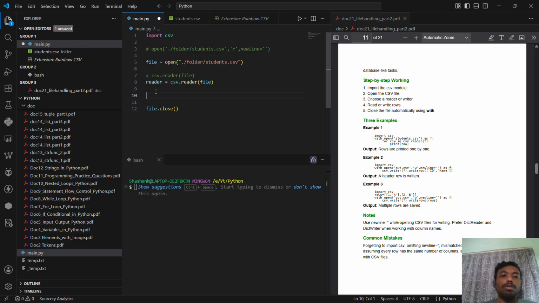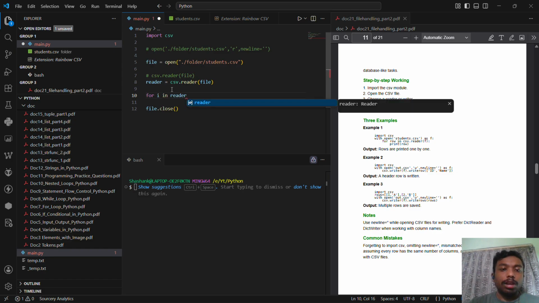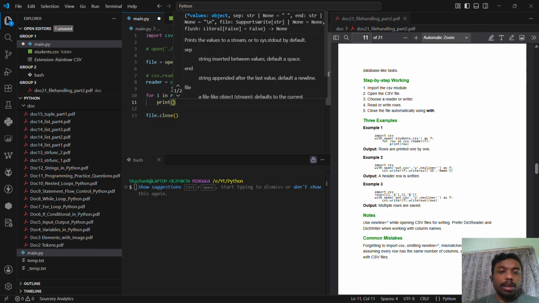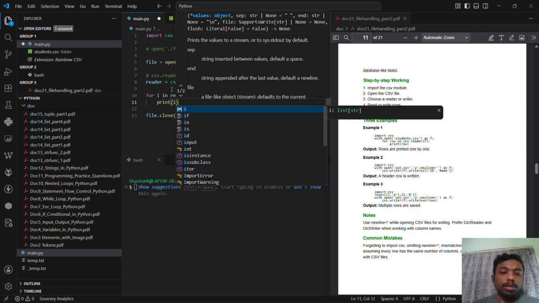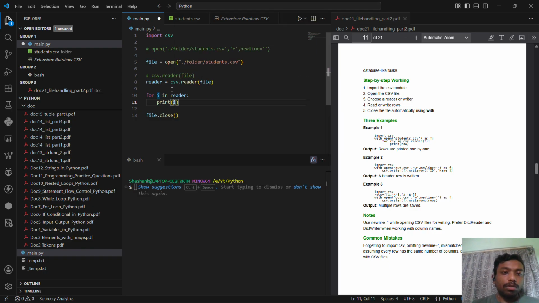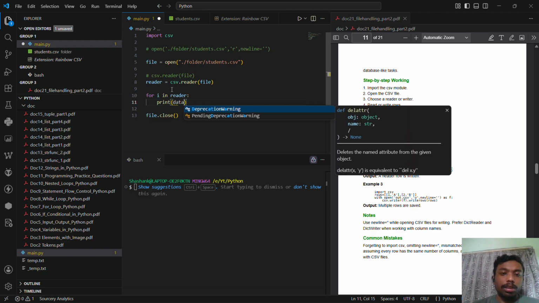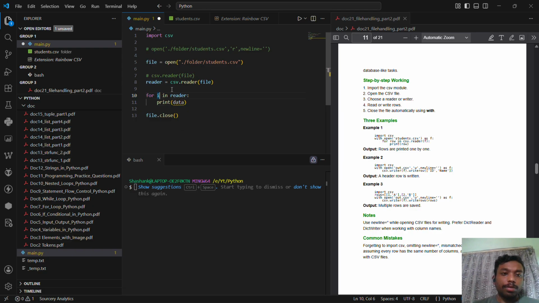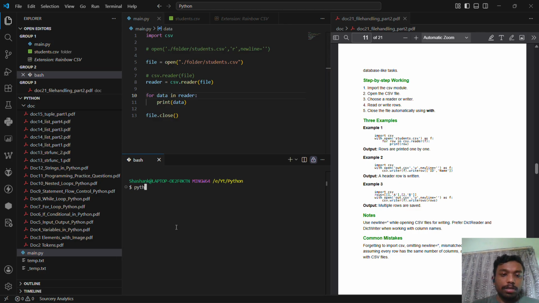It will capture all of the data of your text file in the reader variable. So let's print this: for i in reader, print i, or even you can do it like data. Now if you run this,